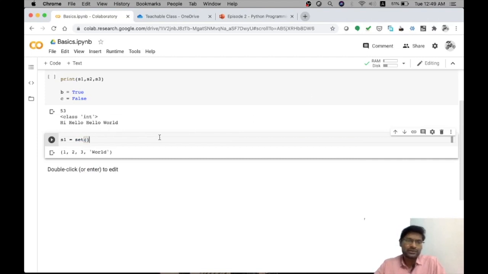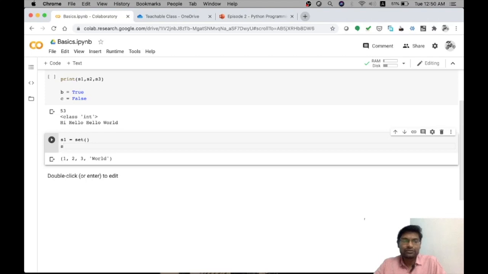Now, why is this another data type required? It is to store and process something similar to set algebra. If we have studied mathematics in school days, similar kinds of operations can be performed in this set as well, things like union, difference, symmetric difference, all those things. So these are easy-to-access commands and will be useful in certain places.